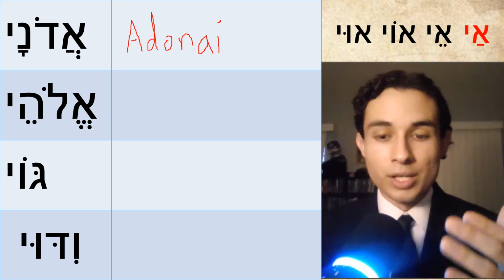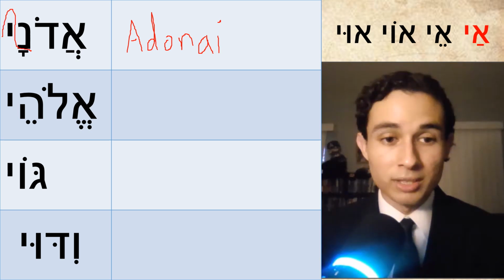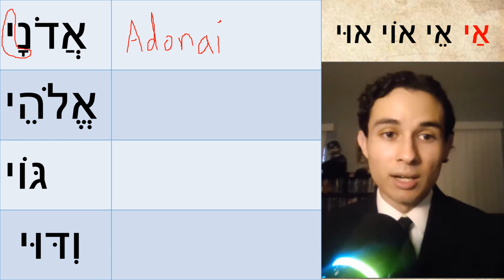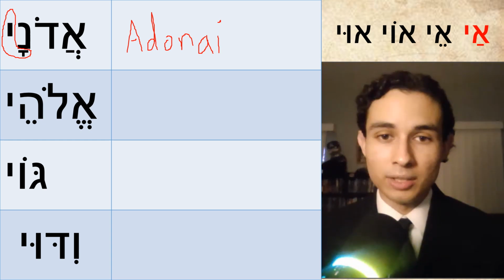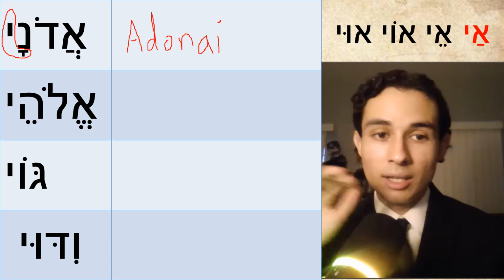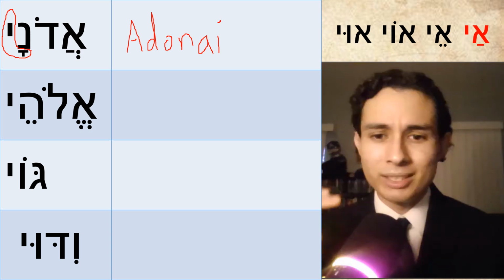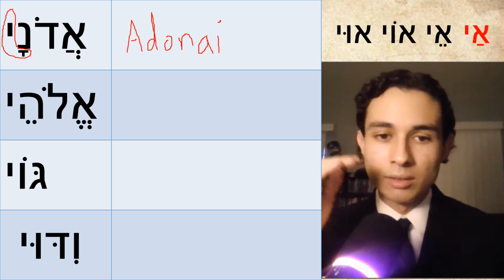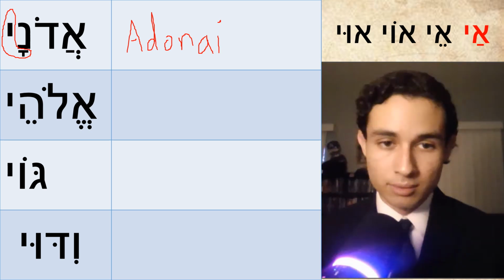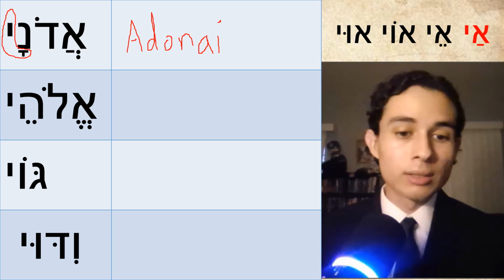But it stays clear that the kamatz yod here is supposed to be a diphthong that makes up the word Adonai. So the kamatz has an a sound, and when it's followed by a yod, it turns from a to I. Notice how it's not two separate vowels, but they're combined. Nobody says Adonai with a break, no, it's combined: Adonai.